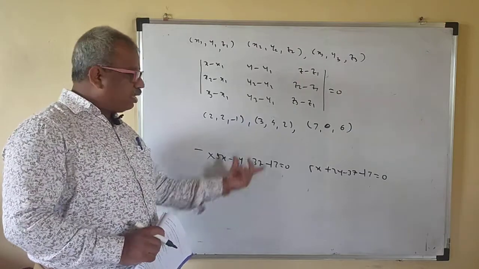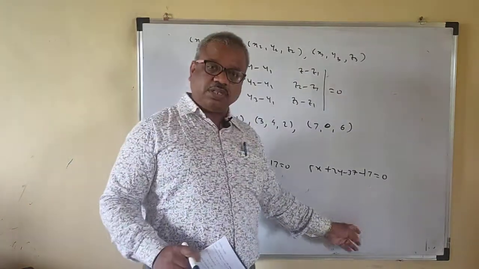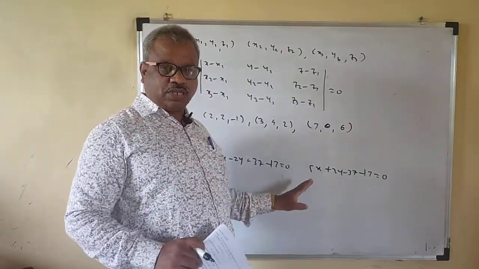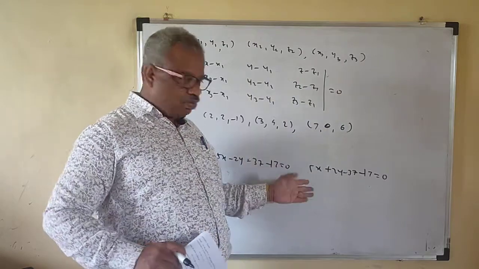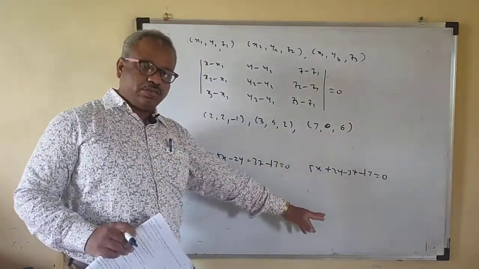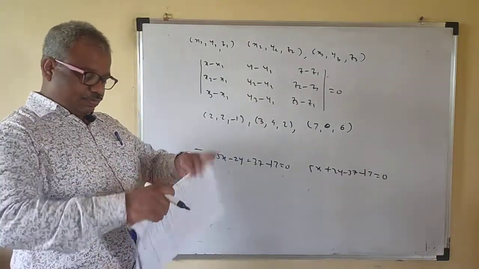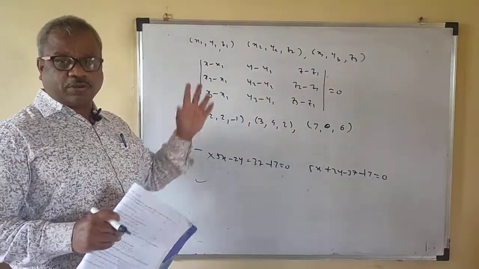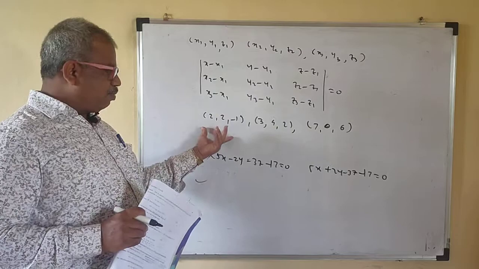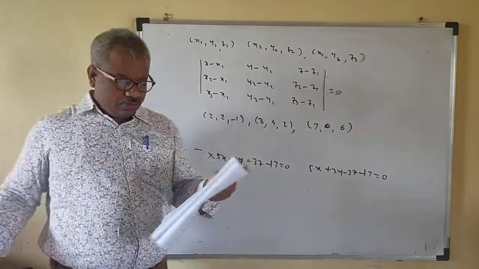But if the third point is not satisfied, then don't check the last one, that will automatically be your option. So you only have to check the first 3. If your first 3 are not the correct option, your fourth option will be the correct one. So just click on your fourth option. In this way you have to do it. Don't use the formula, because it is very difficult to evaluate, to put in these points and simplify.